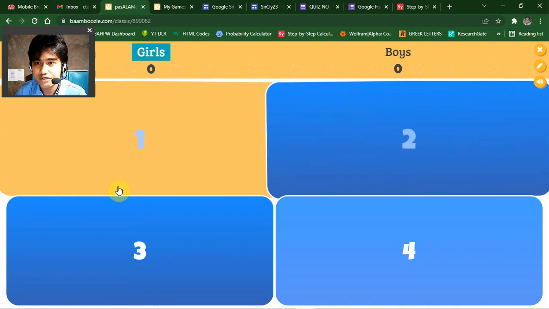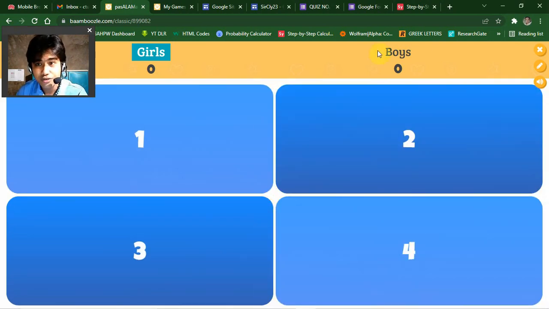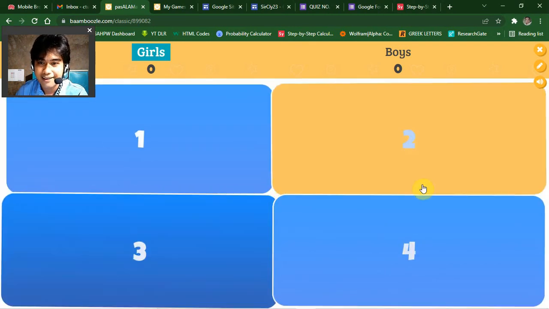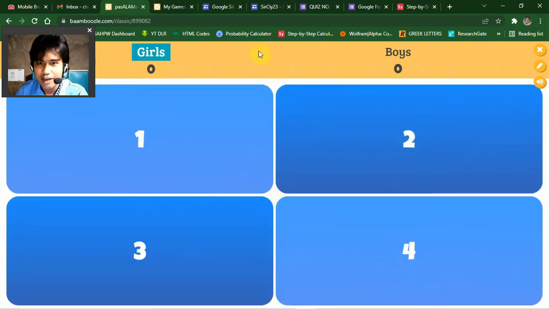Now take turns. It's up to you how you start with it, but you see here team 1 will go first, so girls will choose among the 4 decks of cards, options or questions. Remember that you only made 2 questions, and the other 2 there will be your power-ups.